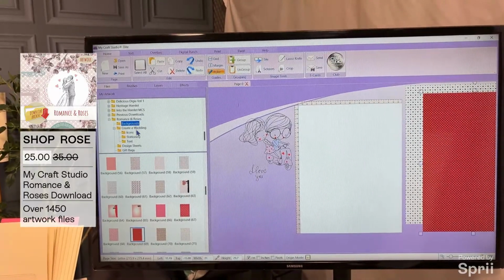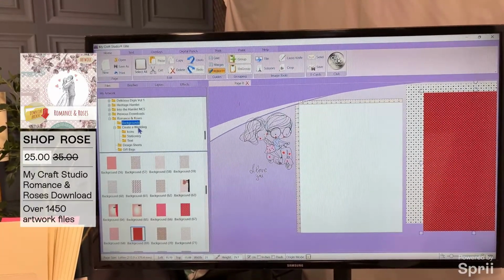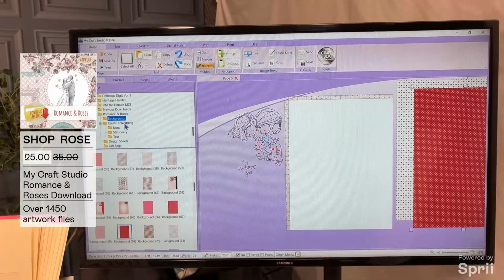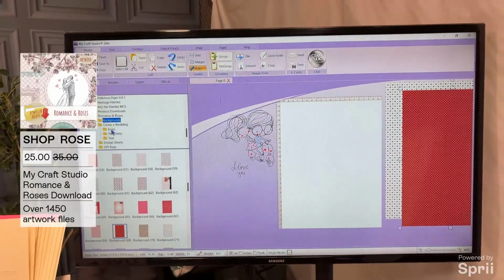So we've got our backgrounds. We've got Create a Wedding. Now, I've not really seen much of that before in our archives, but within that Create a Wedding, you've got your...